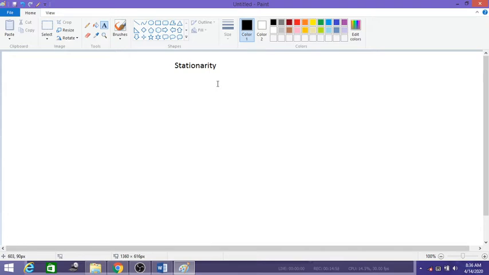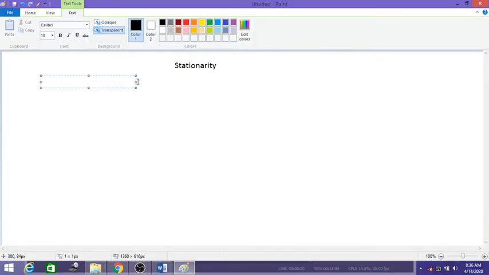So the definition, or the other definition, is that when the statistical properties of the process do not change with time, it is called a stationary process. So let me write here the definition. I'll write both the definitions here. So stationarity